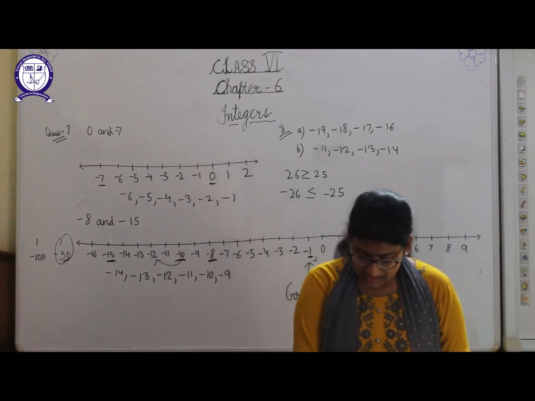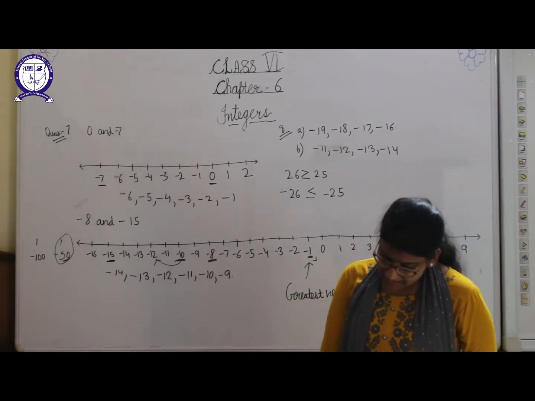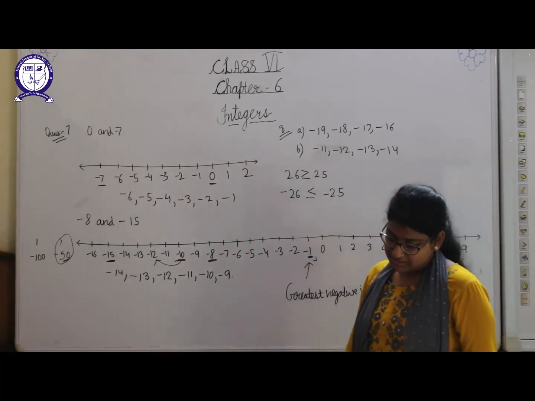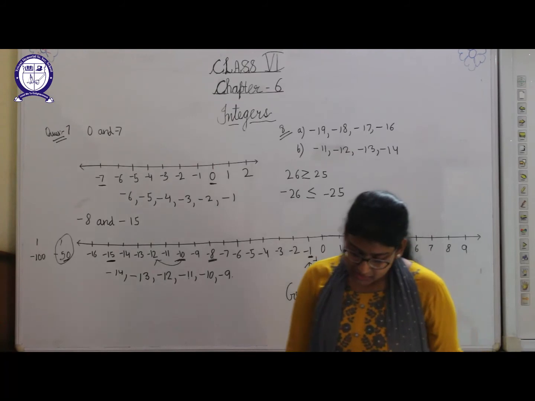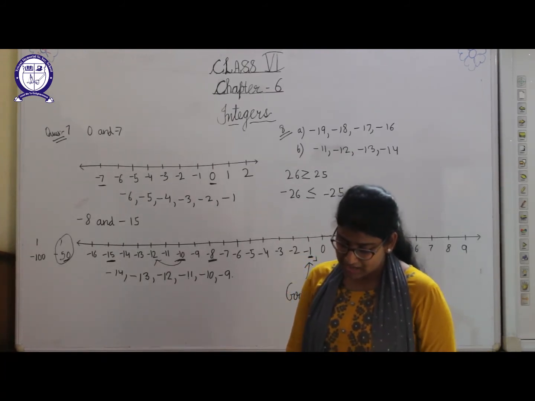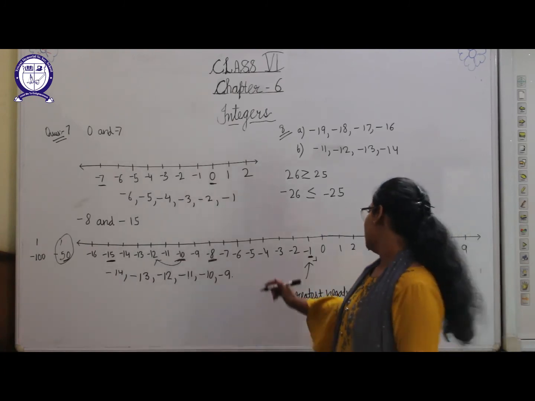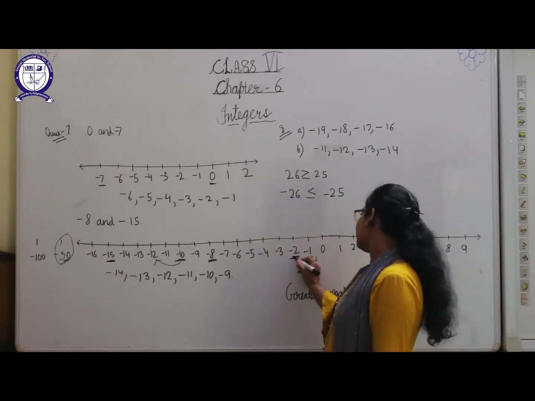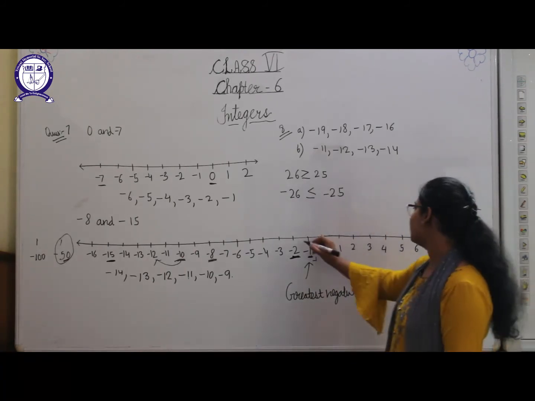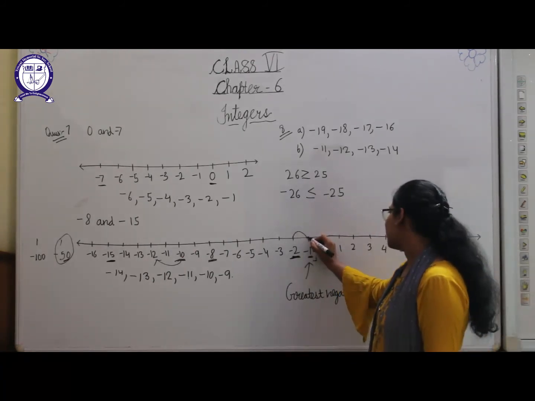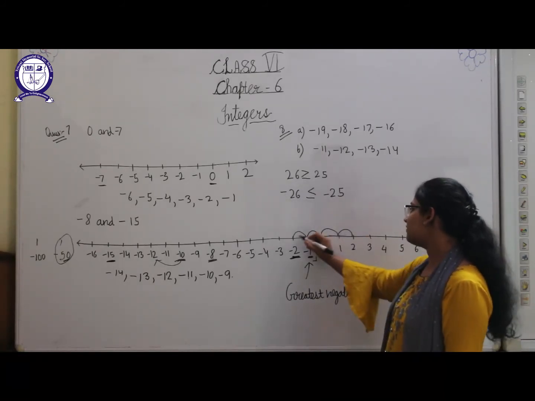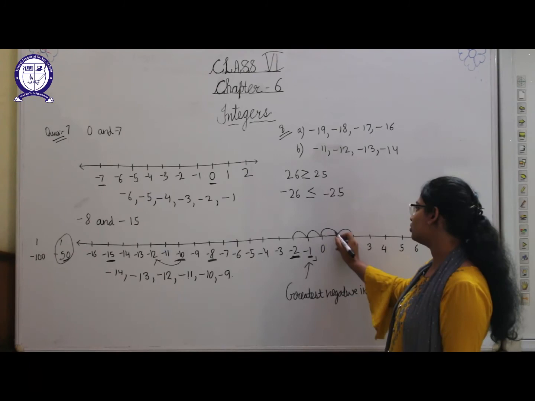Now last 10th question is: draw a number line and answer the following. We have to draw a number line and we have to tell about these parts. First part is: which number will we reach if we move 4 numbers to the right of minus 2? Here is minus 2 and we have to move 4 numbers to the right. This is the right side, so we will move minus 2, minus 1, 0, 1 and 2. These are the 4 steps, 1, 2, 3, 4.